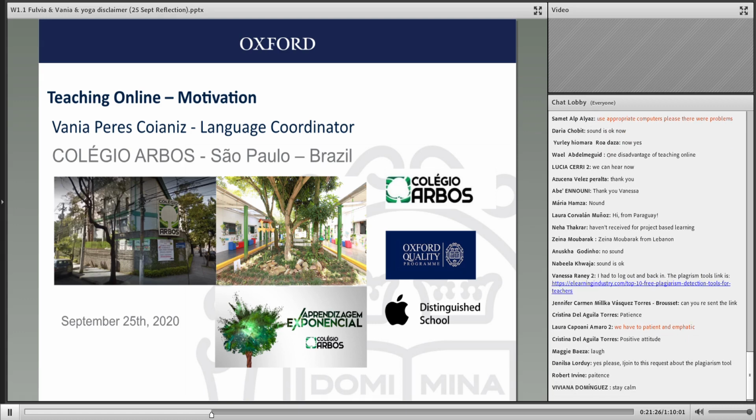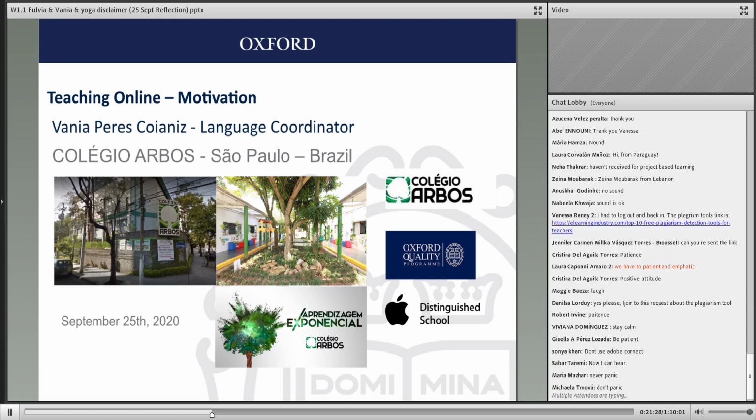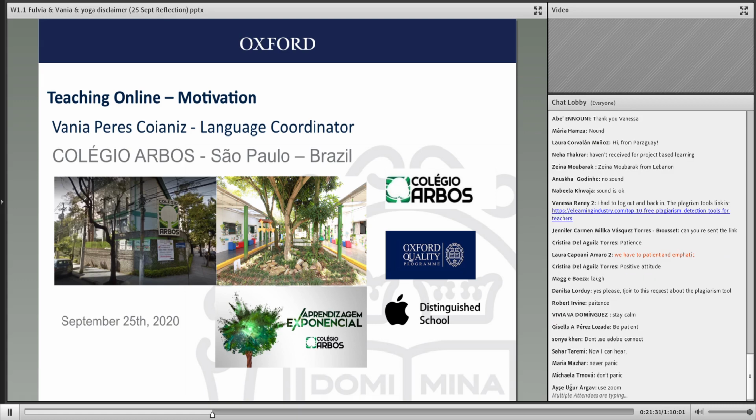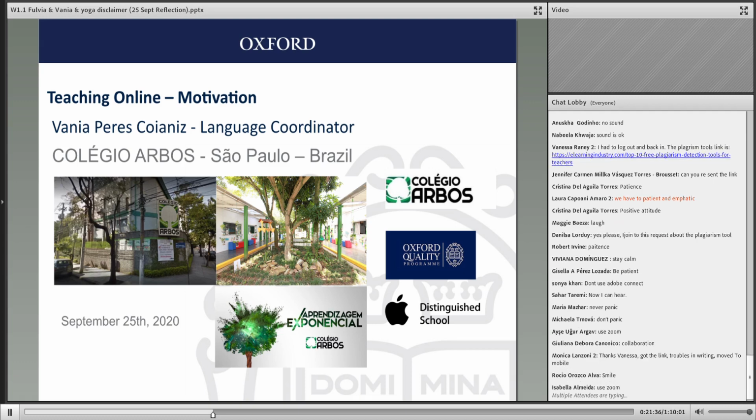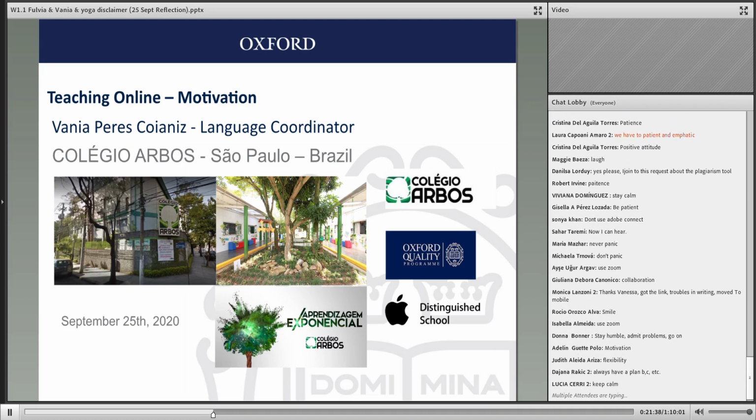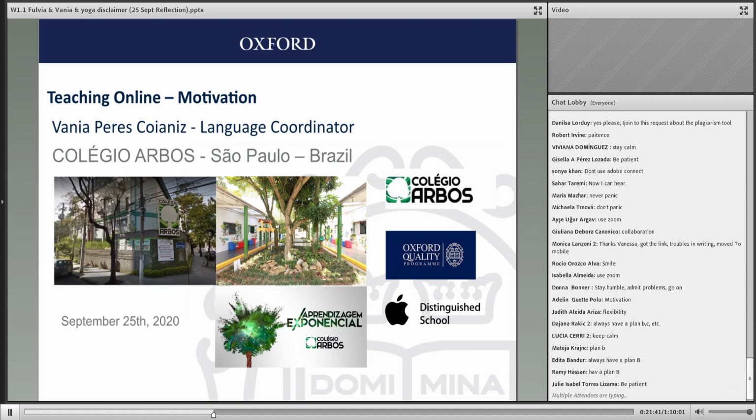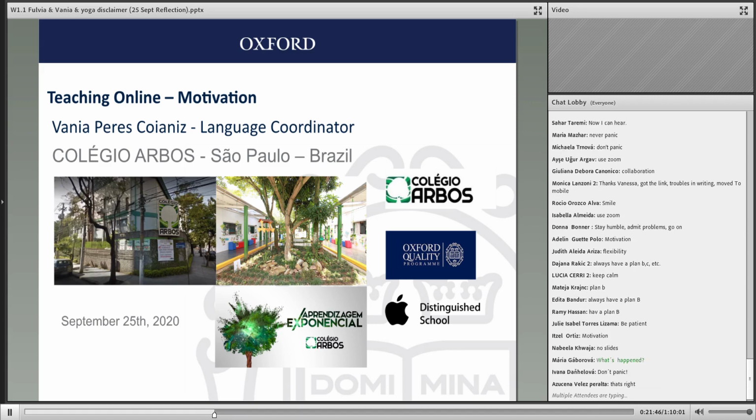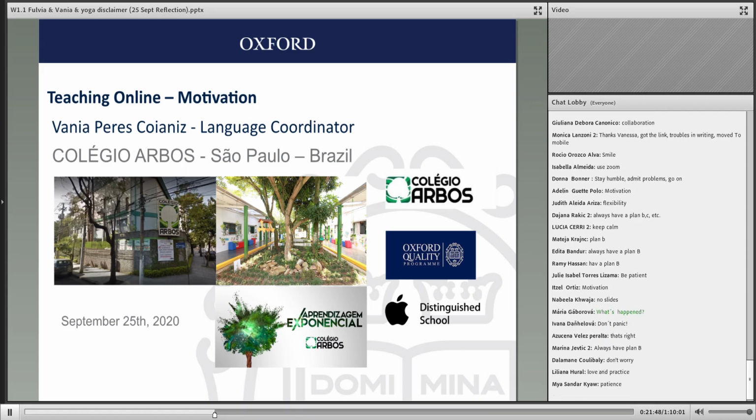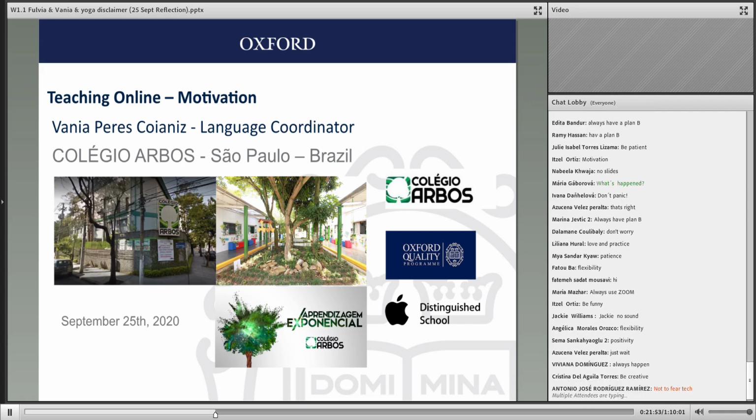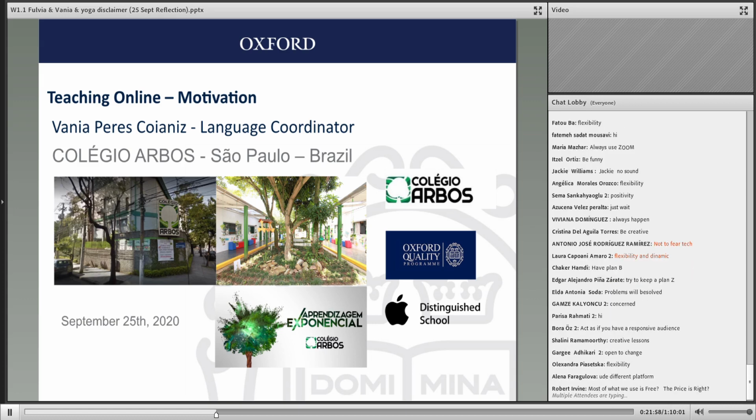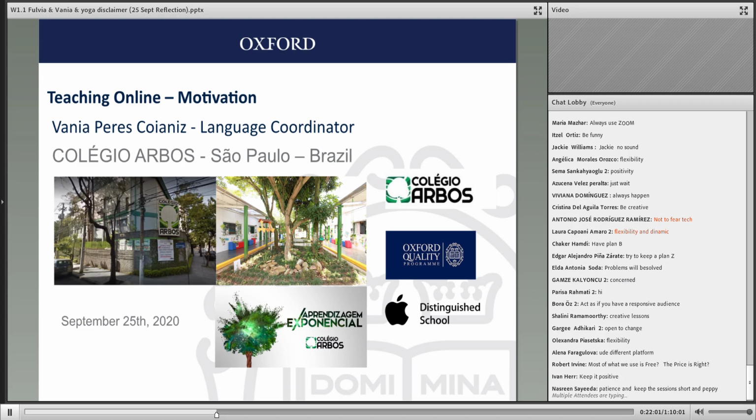So patience. Oh, Christina, I love it. We have to be patient and empathic. Patience, empathy, laugh. I love it. Believe me, yes, I want to laugh. Perfect. Stay calm. Be patient. Don't panic. Stay humble. Isabella, you said Zoom. We can use alternatives of platforms. Of course, always have a plan B. I completely agree. Don't panic. Flexibility, possibility. Perfect. I think what you're mentioning is very